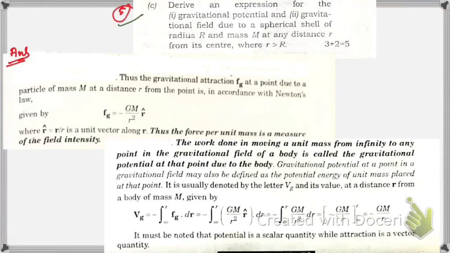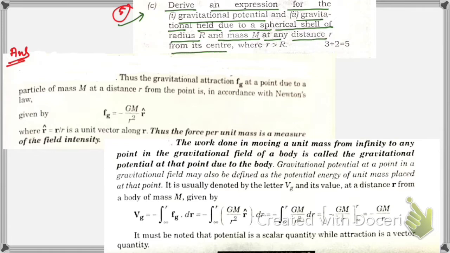This is question number 5C. Derive an expression for the gravitational potential and gravitational field due to a spherical shell of radius R and mass capital M at any distance r from its center, where r is greater than R. So here you see, we know the gravitational attraction force Fg at a point due to